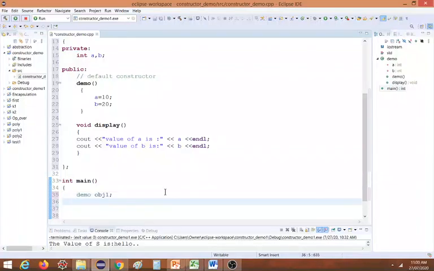Let us call obj1 dot display so that we will check what are the contents of object1. I will add one more comment, cout, object1. So these are the contents for object1.